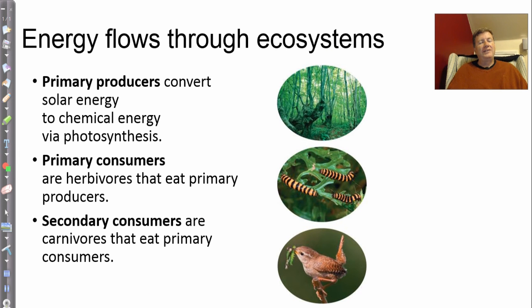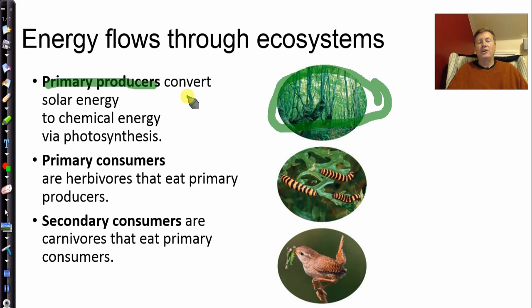Now, that idea that energy flows through ecosystems is extremely important to understand. How does energy start in living things? Primary producers, okay, think about again green things, think about the plants. They're going to convert the solar energy into chemical energy through photosynthesis. You can't do this. You can't lay outside and convert the sun's energy into energy your cells can use. You lack chlorophyll. You can't carry out photosynthesis.